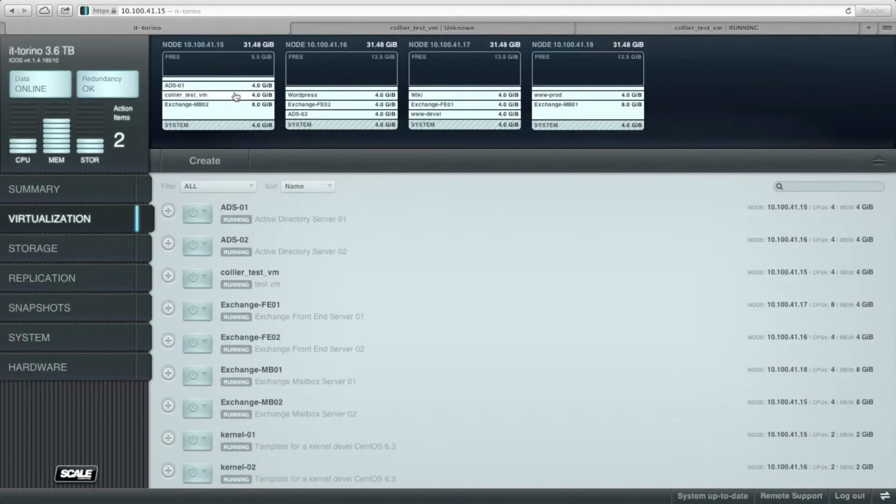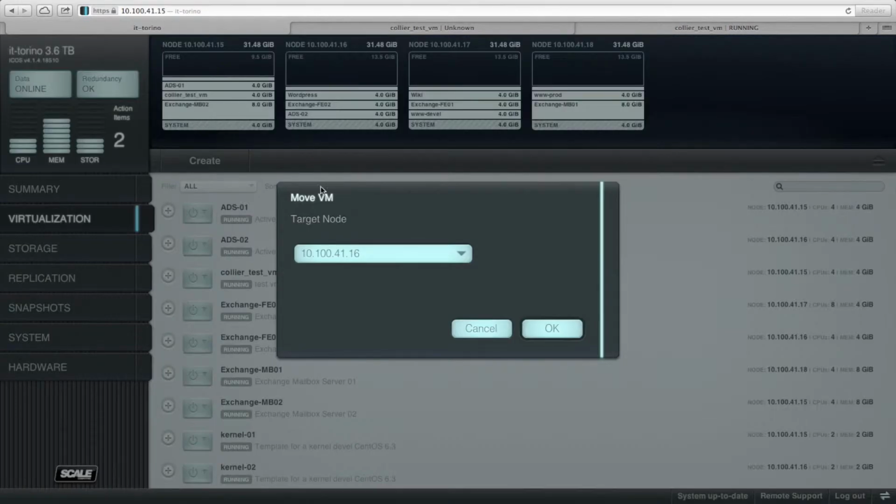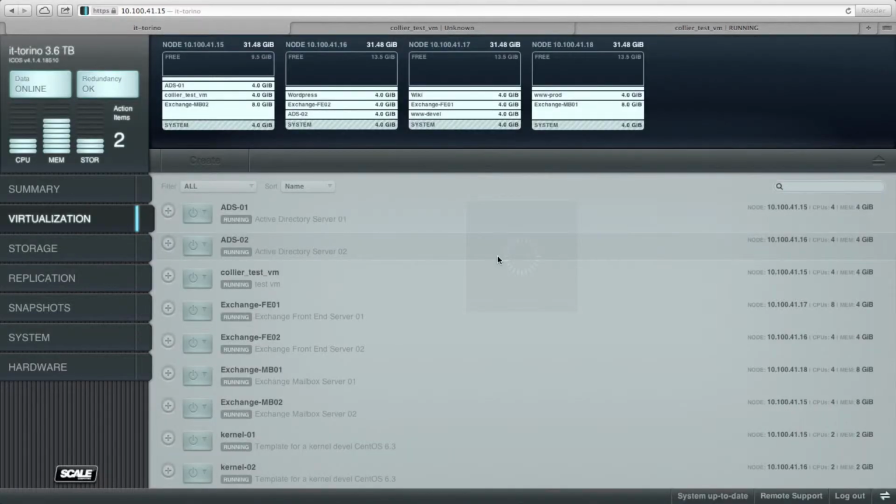Now, of those 1,500 conditions that we monitor, there are other things that we monitor, like failure conditions. An example would be, say, something starts to go wrong with the system, and if it's one of those conditions we check, we can start a live migration. There's nothing going wrong with this particular node, but I can trigger that by doing a live migration, basically a move of that virtual machine from one node to another. I'll give it the target node of, say, the second node within the cluster. Click OK, and that is going to move my virtual machine over to the second node in the cluster. You can do that manually, but that's also something we do in the event we start to detect deterioration in a node's